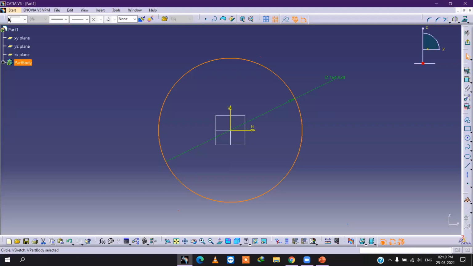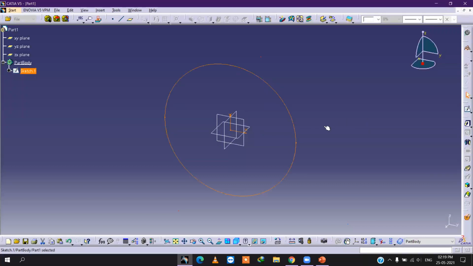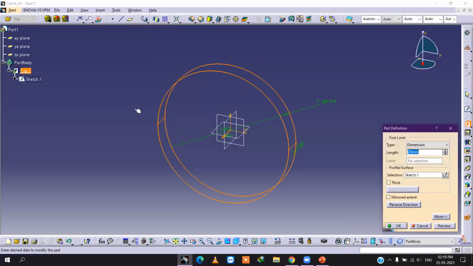This is our specification tree. Whatever things you are doing, see here. First, I have created one sketch. Suppose I exit and go for pad and click on OK.